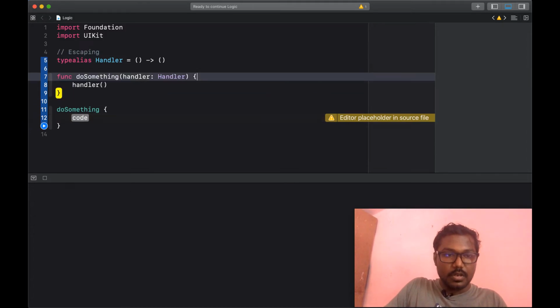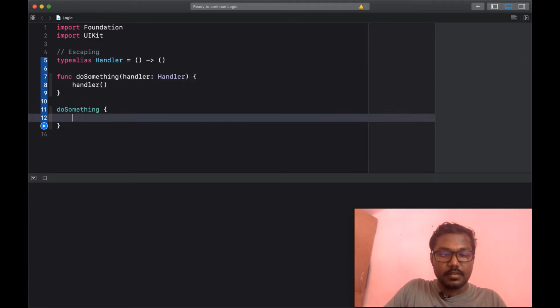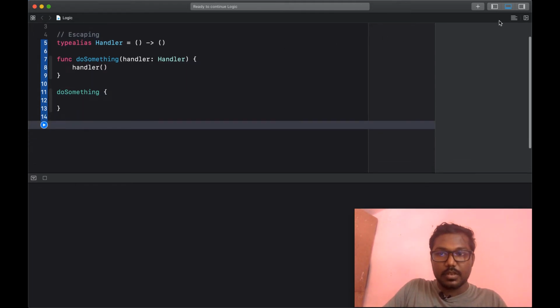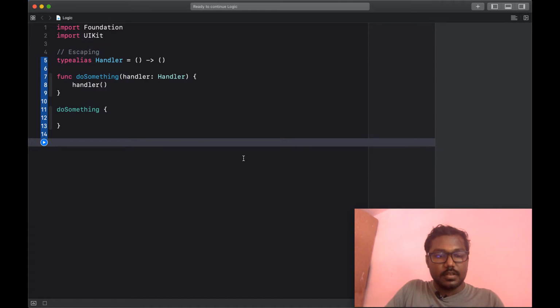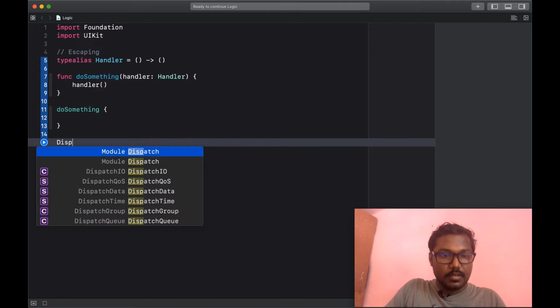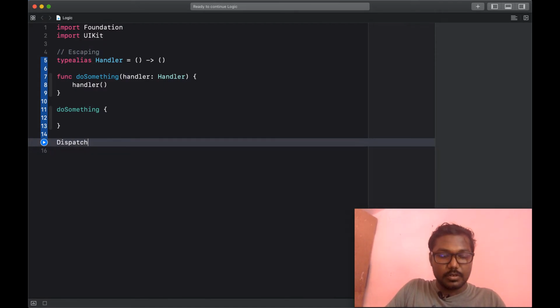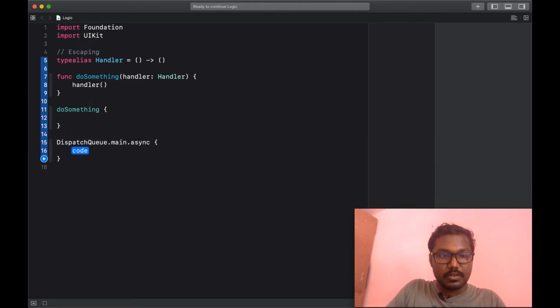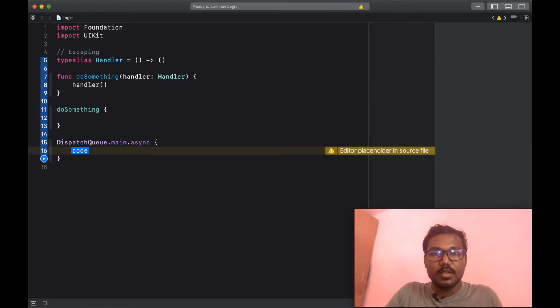Now I am going to create the escaping closure. For the tutorial purpose, I am setting the dispatch queue, main queue. Async is one of the asynchronous methods used to do UI changes in an iOS application.